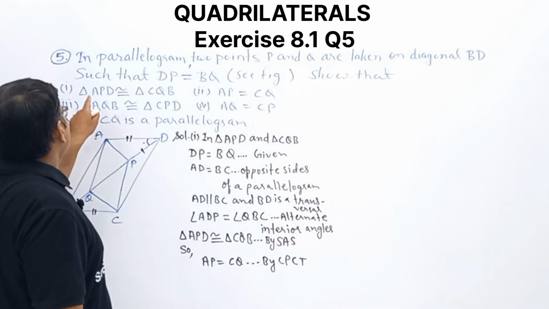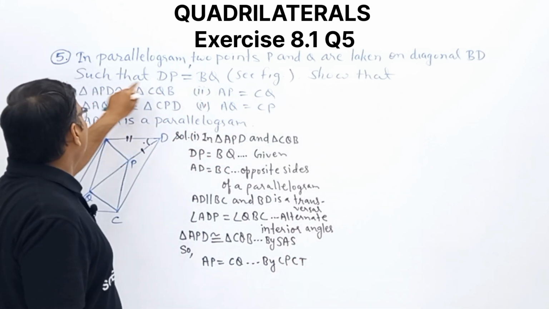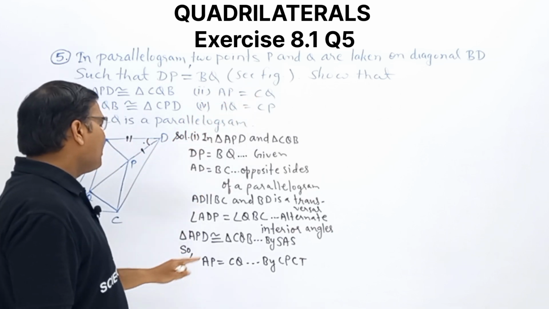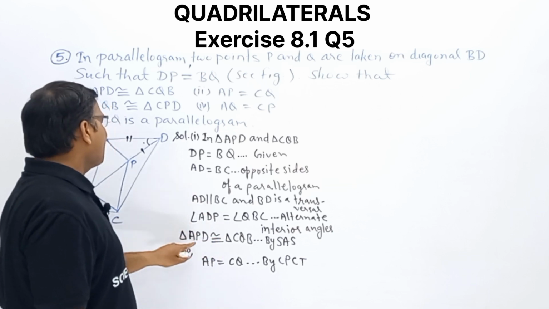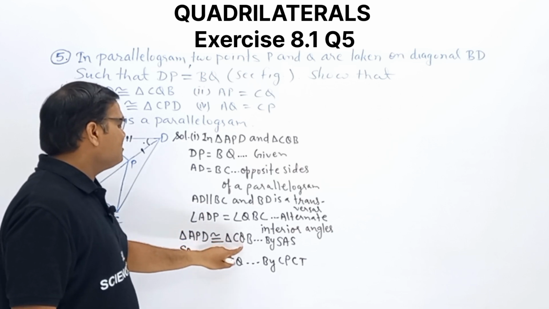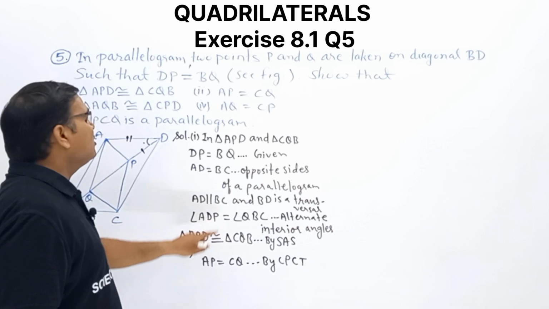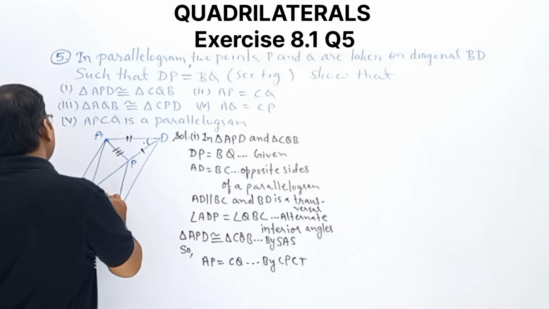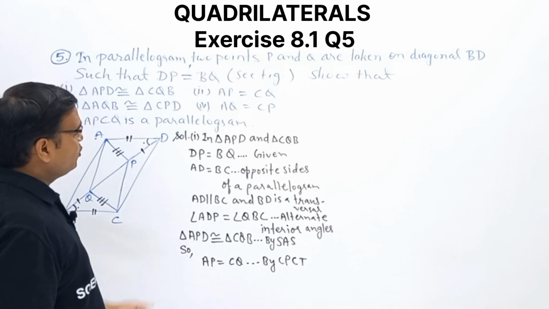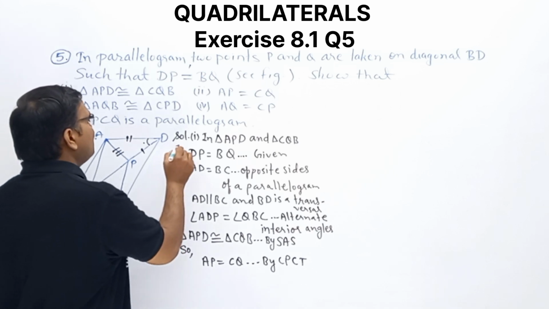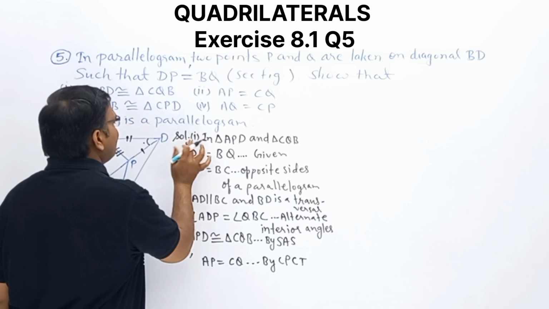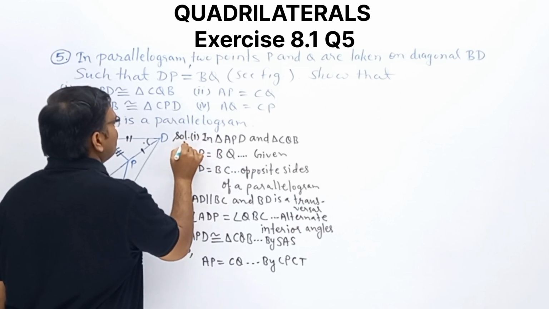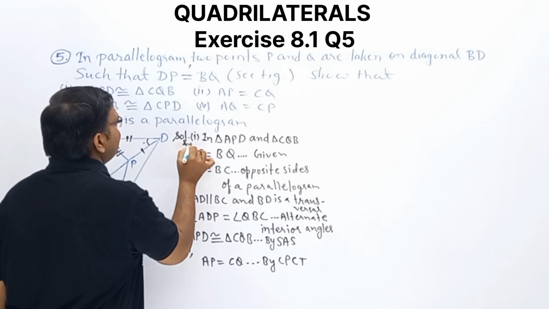So these are question number 1 and question number 2. Once we proved question number 1, then we can say AP equal to CQ. Why? Because these two triangles, triangle APD is congruent to triangle CQB, then we can say corresponding parts of these triangles will be equal. It means this side will be equal to this one. Clear? So we proved this one. So question 1st and 2nd we showed. Solution 1st one and 2nd one.